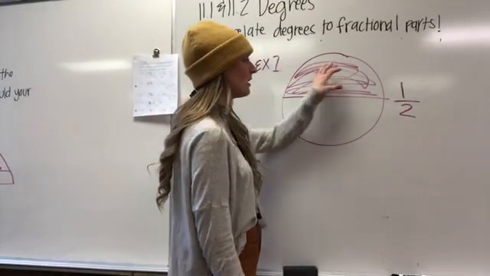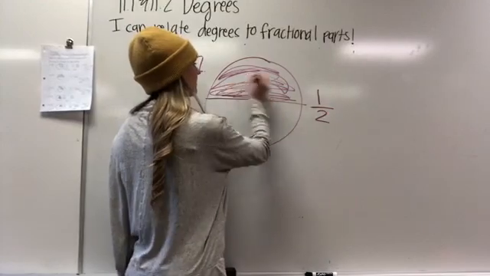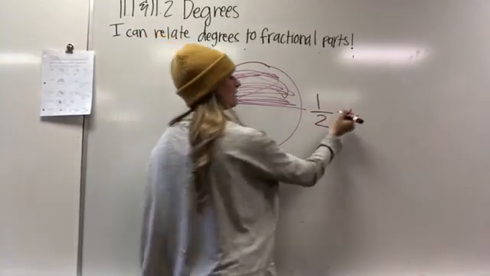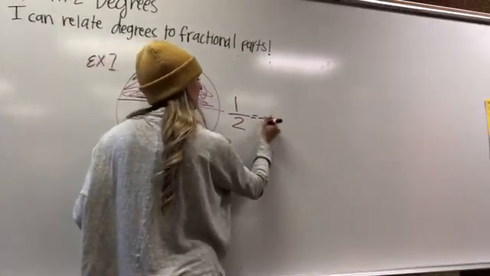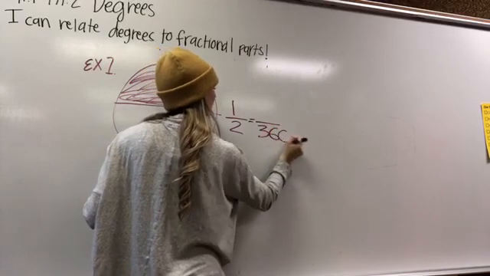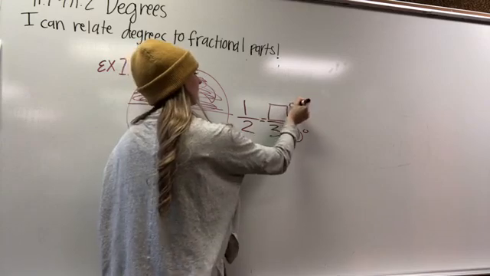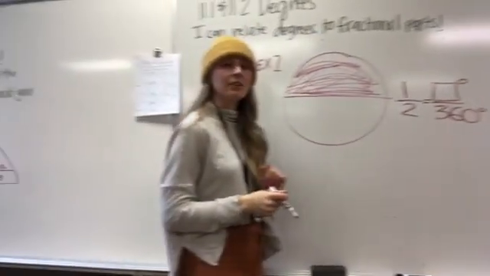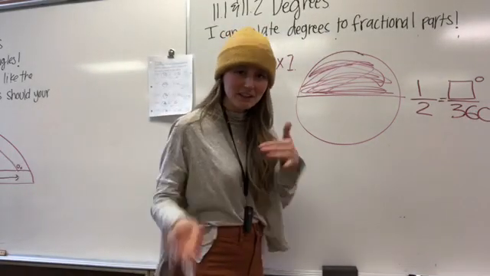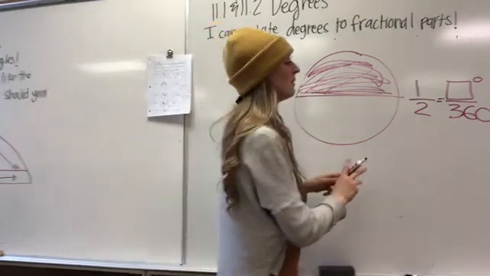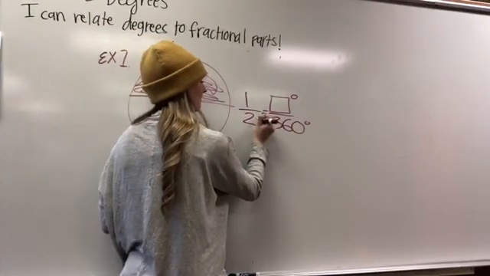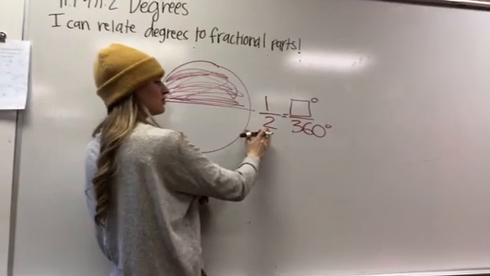But we want to know, to what degrees is this half, okay? So we do 1/2 equals blank over 360, because there's 360 degrees in a circle. So we want to figure out what our missing degrees is, okay? So what is half of a circle in degrees? We kind of already talked about it with our jumping. But if you didn't know, you could do 360 divided by 2, or you could say